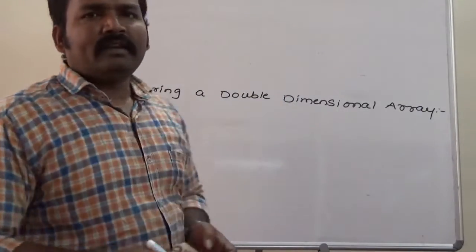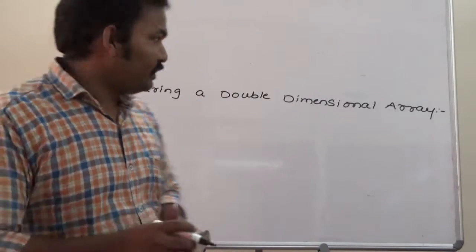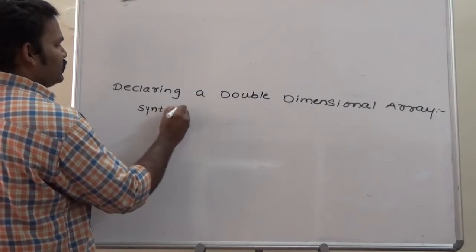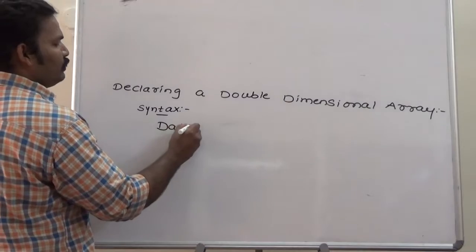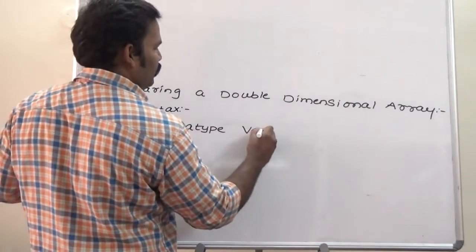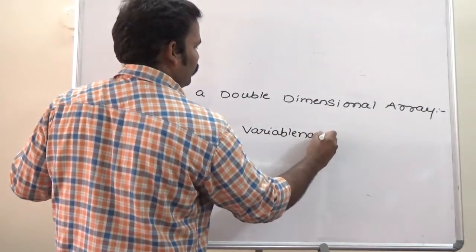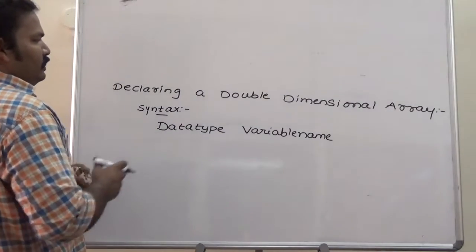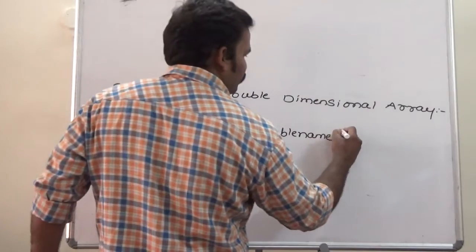To declare a double dimensional array, we have to follow this particular syntax. First we have to write the data type, then the variable name, next